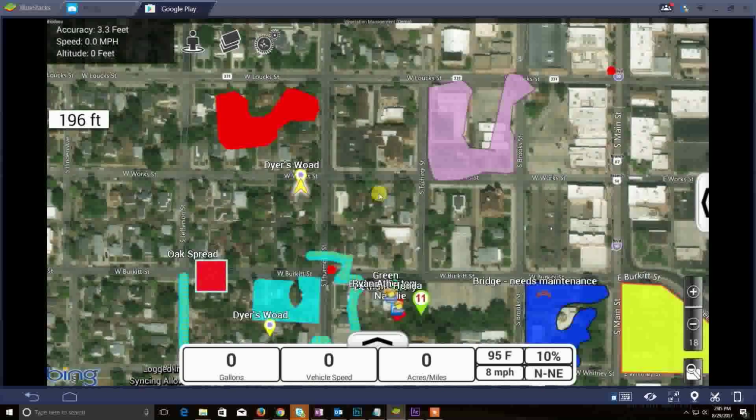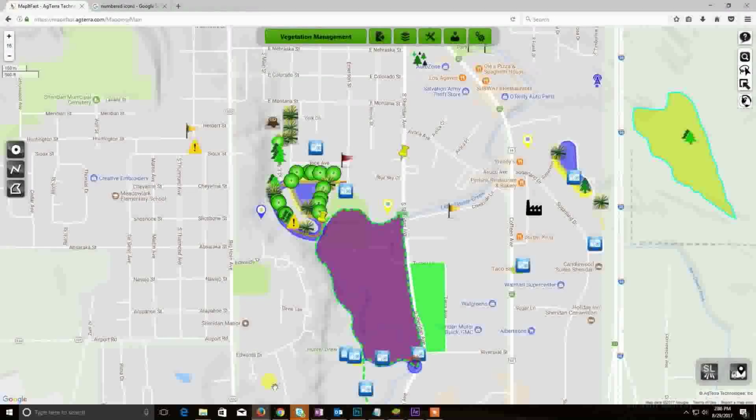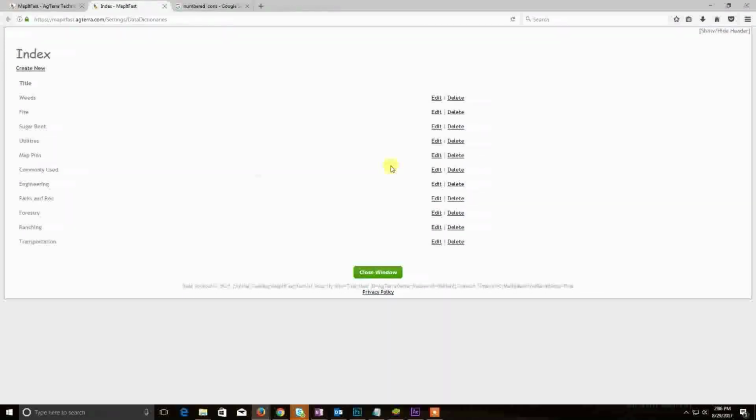So how do I set this up? Well, let's go back to my desktop side. And now, under my settings box here, I have data dictionary. So I can click on data dictionary, and you can see here I have a number of lists. If I want to edit a pre-existing one, I can hit edit, or I can just delete it. For now, I'm going to hit create new,